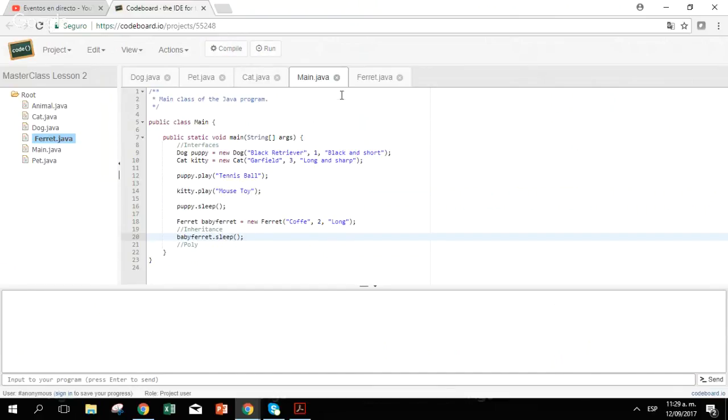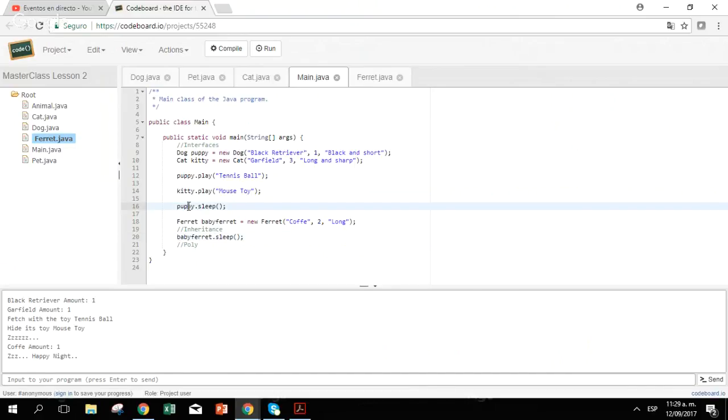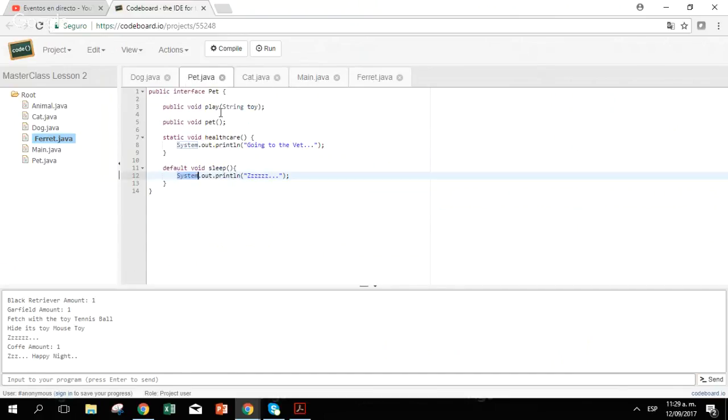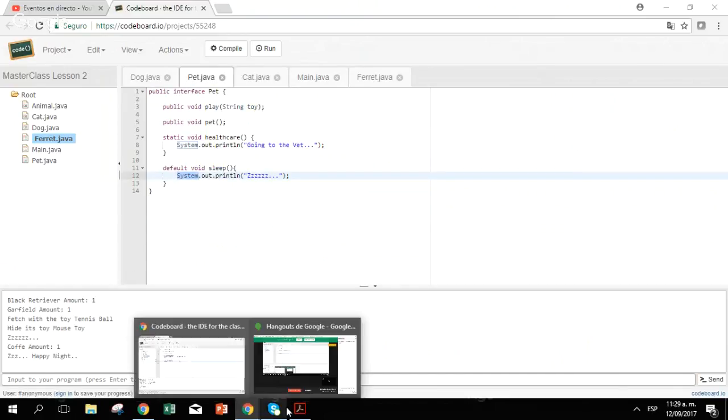So if we try it, see, it is doing the behavior that we implemented on the ferret, and in the other classes we can forget to do it because they'll execute the default behavior that we specified on the interface. So now